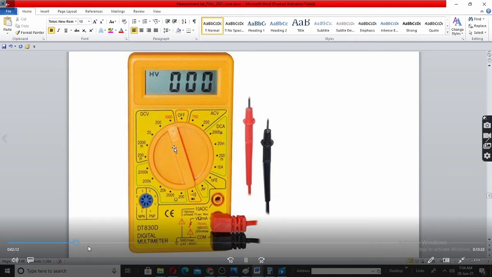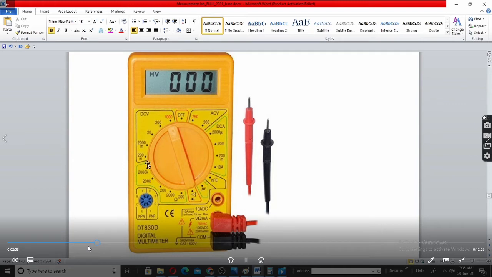This is called the range selector, or range selector switch. You rotate this knob. It is used to select voltage, current, or resistance ranges. This is the resistance region. You have ranges from 200 ohms, 2000 ohms, 20k, etc., till 2000k. In DC voltage, you have